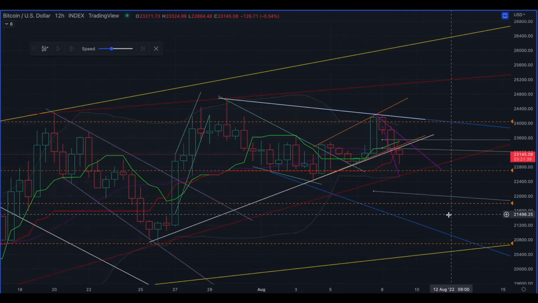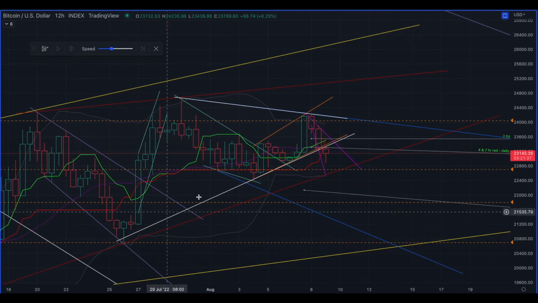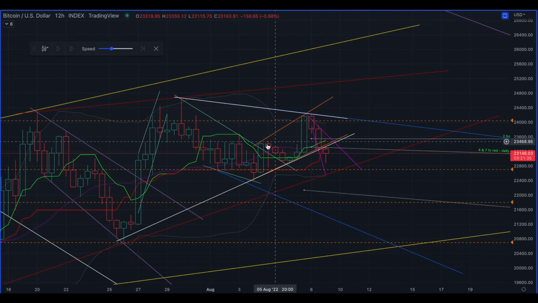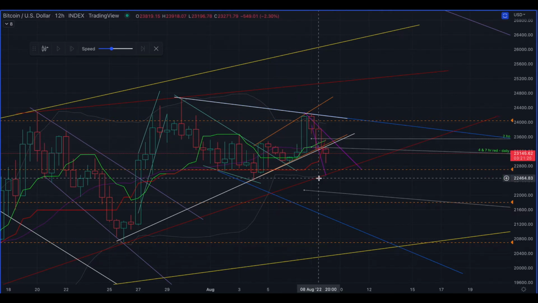Plus, you know, you're looking at more than that. I'm looking at the fact that we've got a giant symmetrical wedge. I'm looking at the fact that we have an upward broadening wedge. I'm looking at what the Ichimoku Cloud is doing. And now you've got the green crossing over the red here. I'm looking at the Bollinger Bands as they're getting narrower and pressure is building. I'm looking at the fact right here, you can see that the candles broke out of the Bollinger Band up